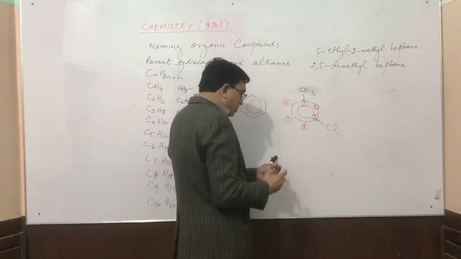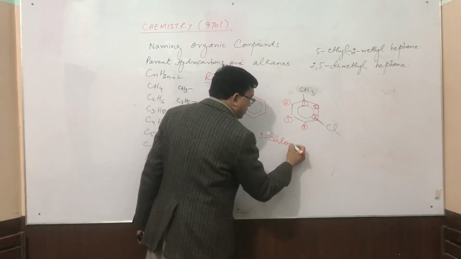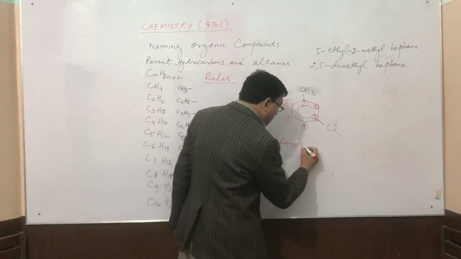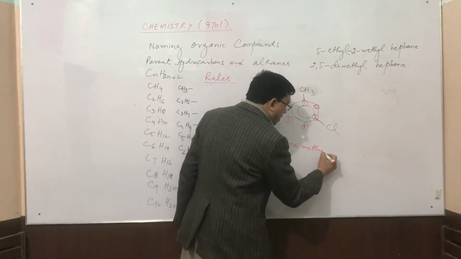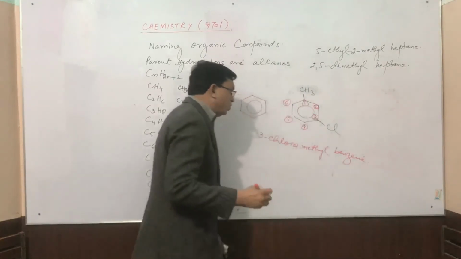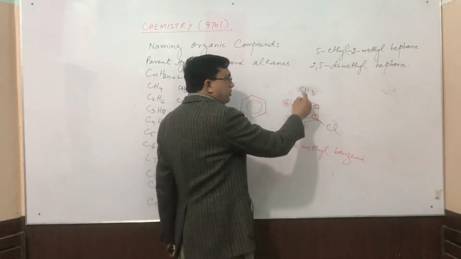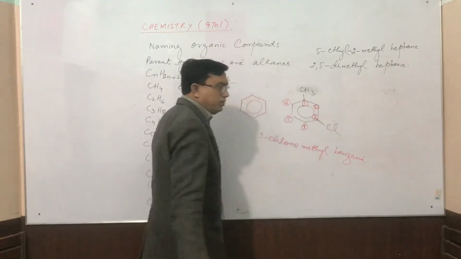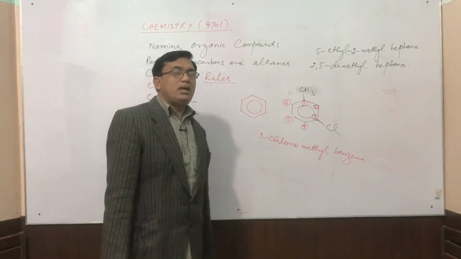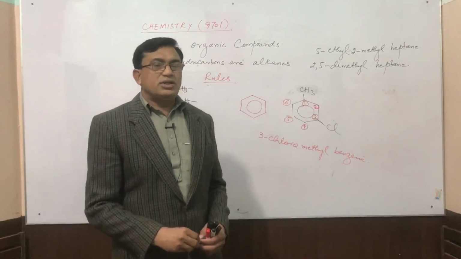Now, the name of this will become 3-chloro, then methyl, and benzene. 3-chloro, methylbenzene. It means that the methyl group is present on the number 1 position and the chloro group is present on the 3rd position. In this manner, an organic compound can easily be named, and these are the certain rules to name